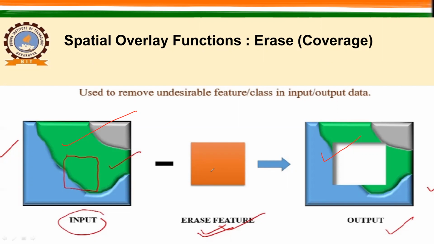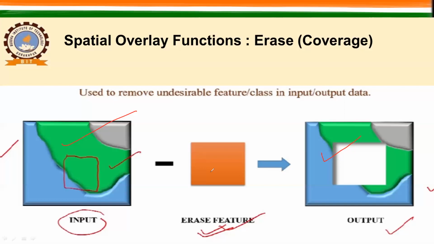Assuming a problem where you have generated the land use, land cover, and you do not want a class for water, then what you will do is digitize all the water boundaries in GIS, and then create that as an erase feature or maybe a mask, and then mask out the original image. That means you classified the image, and then you get your output without that class. So this kind of application you can always think of in remote sensing and GIS.